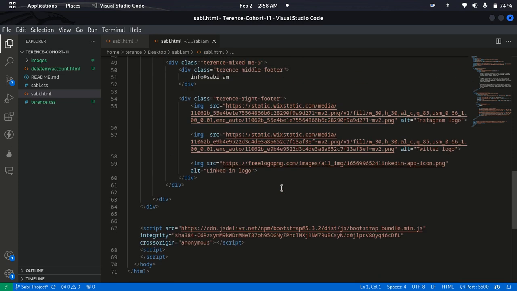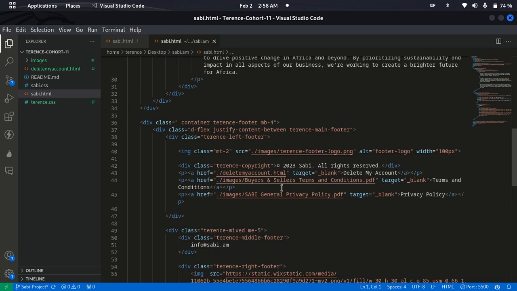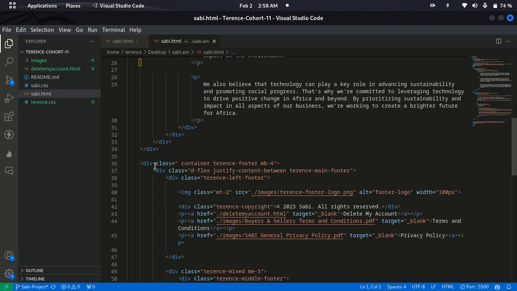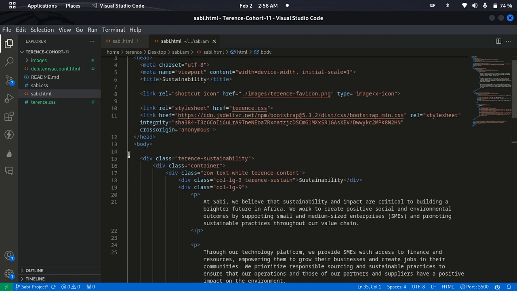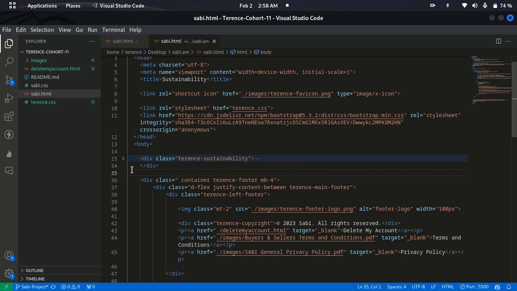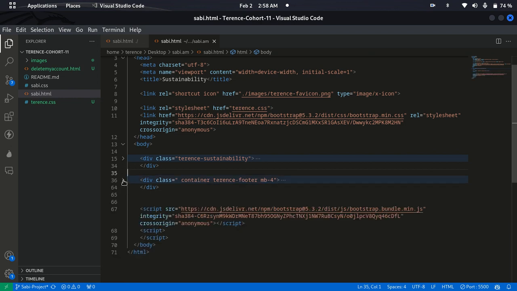So this is my div. I just have this div. No, I have two divs for footer, so mine starts from here and here. So I have these two. This is for Favor and this is for me. So I'm going to just copy these two divs, Control C,